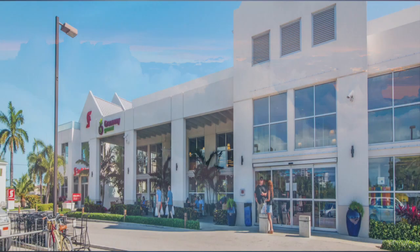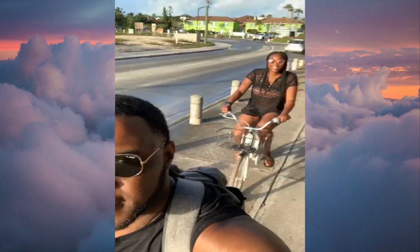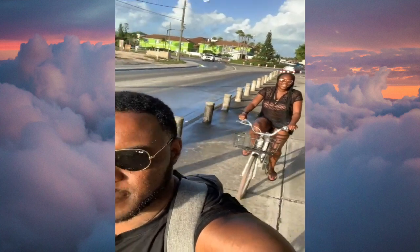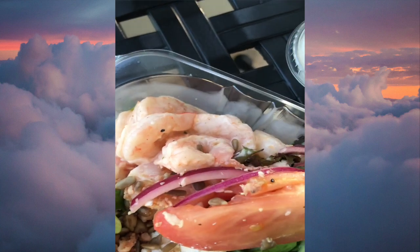This is Grace Bay, the grocery store that's nearby. It's really close to 7 Stars, walking distance in fact, and they give you bikes so you can actually ride there. That was us riding all around, heading over to grab some food. There's a little basket on the bike so you can put your food in there when you're heading back. We ride. And so we picked up, my wife got a salad, and we got some curry chicken, and every